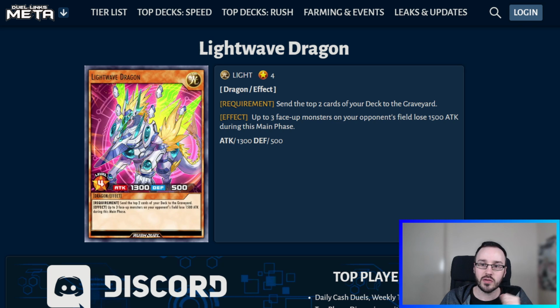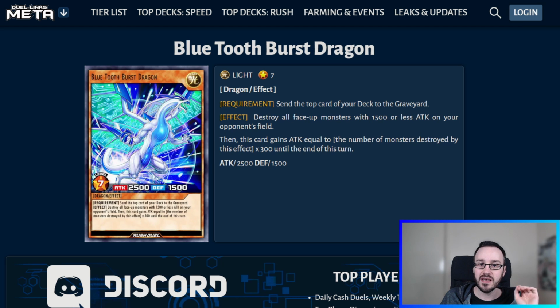So this card lets us send the top 2 cards of the deck to the graveyard, up to 3 face-up monsters on your opponent's field lose attack down to 1500 until the end of this main phase. But only during the main phase, so we can't use this to attack over monsters, but we can weaken our opponent's monsters. Anything that has 3000 or less attack will now be able to be destroyed by Bluetooth Burst Dragon,